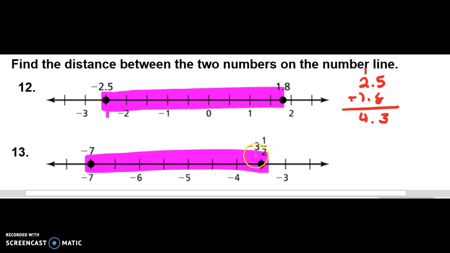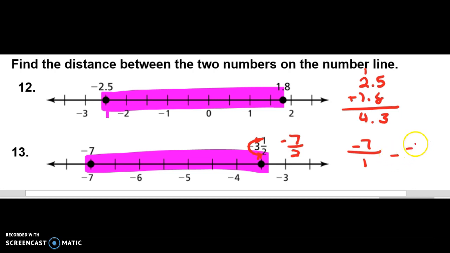I'm just going to go ahead and change this to an improper. Oh, actually, what you need to make sure of is here you never cross 0, so you're actually going to subtract the 2. So 2 times 3 is 6, plus 1 is 7, so this is negative 7 over 2. And that's just negative 7. So I have negative 7 over 1